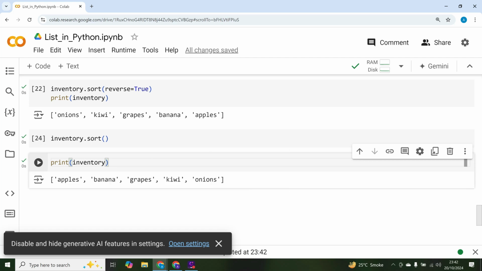Here you will see it has been sorted again. So that was another thing. Now,